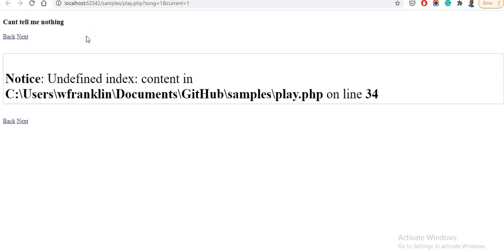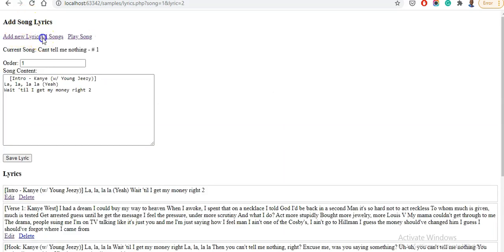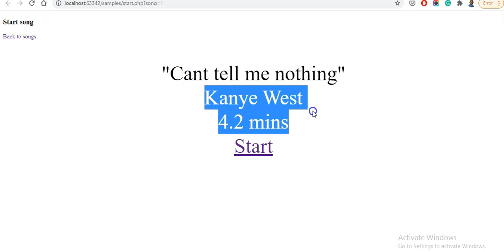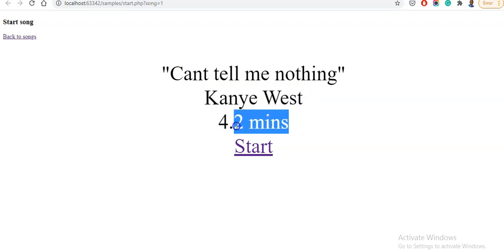My, wait, I have so many errors. Let's go back here, play song, and you can see it says start. So it can't tell me anything. It gives you the artist and the amount of time, and then you press start and you can go through